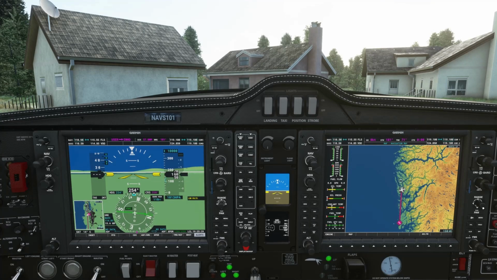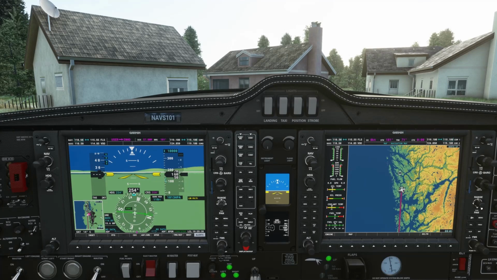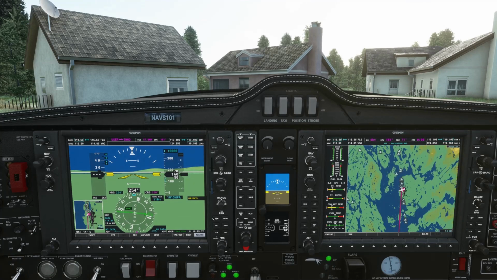How far is that? There it is. We can now use the inset window to see the direction that we're flying. So that's the direct to.